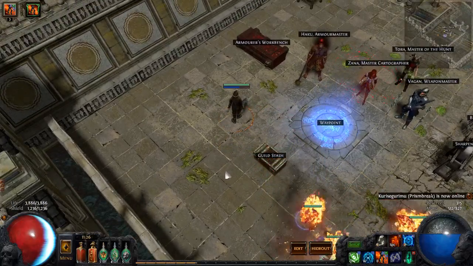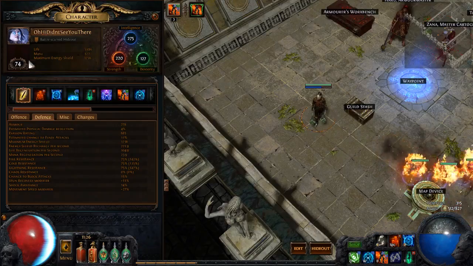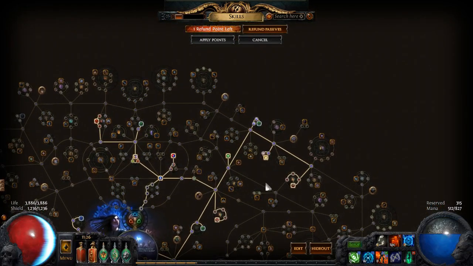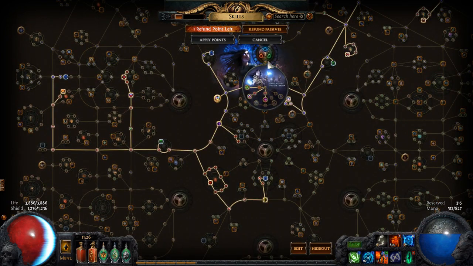Alright. Hello guys, I'm here to show you my Golemancer build. I'm level 74 currently, so it's pretty unfinished. I'll be leveling it a lot more. I kinda do the typical Golemancer type thing, but mine's more of the aura focus,